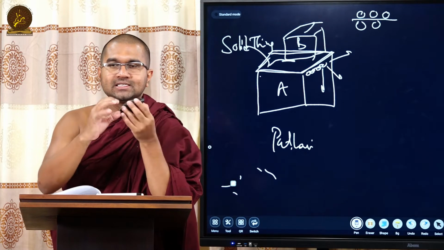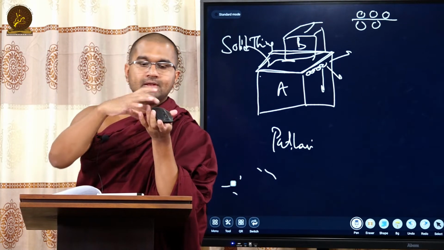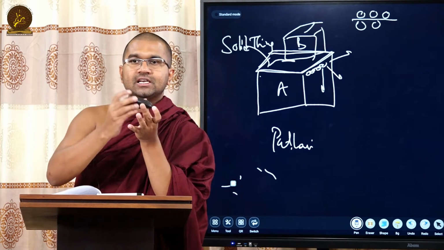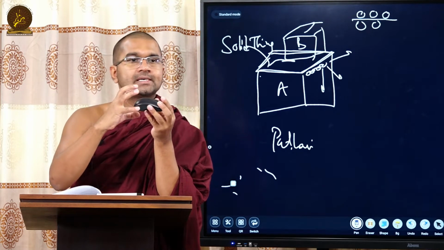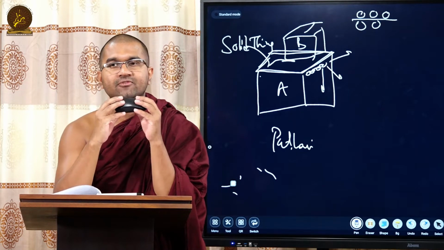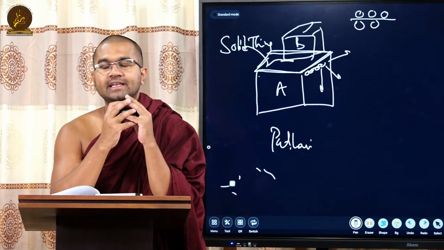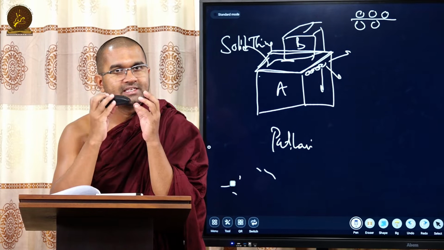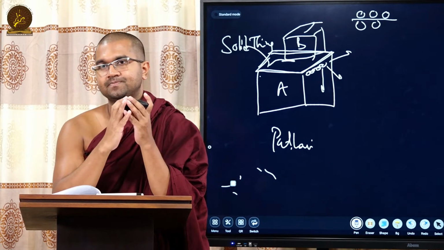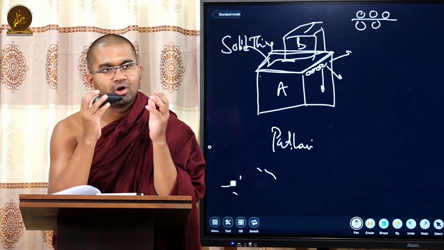Even small particles are being pushed, so when particles are gathered, they occupy a certain space. So this shape, this size, who is responsible for the volume of the solid? That is the Vayu. So this Vayu is not the solid. Hardness is not the solid. The bonding nature is not the solid.